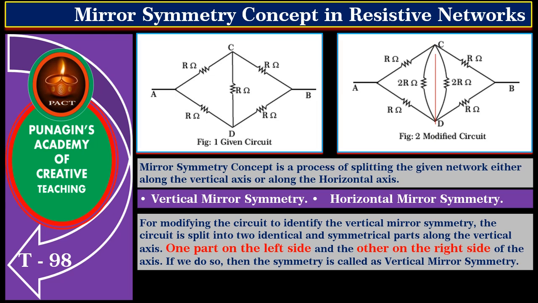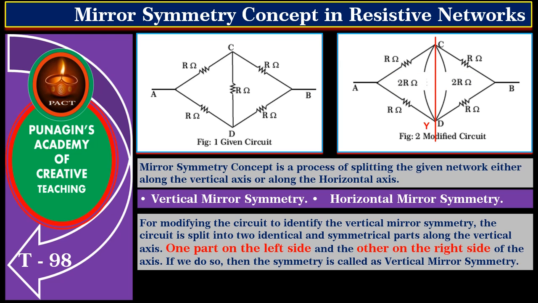Now, let us short C and D and let this shorted axis be Y. This shorted line is called as symmetrical axis. Note that this line splits the circuit into two parts such that the left and the right side parts of the circuit have mirror symmetry. In other words, these split circuits have mirror symmetry along the vertical axis. Now, we see that the two resistances of 2 ohm each are short circuited and hence they can be removed.